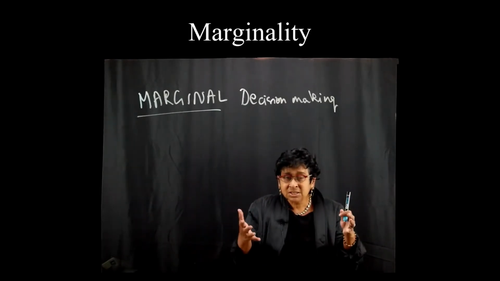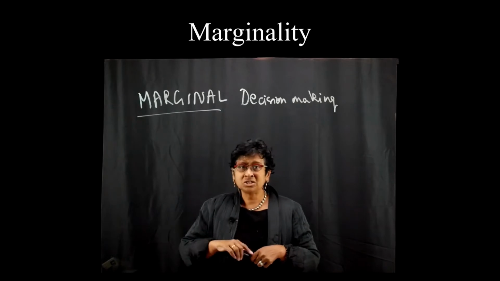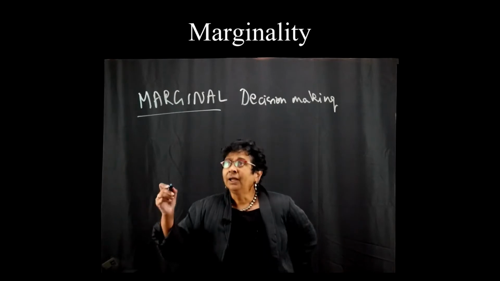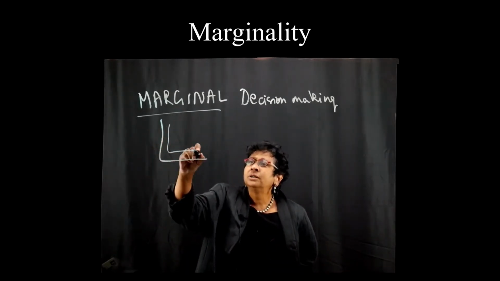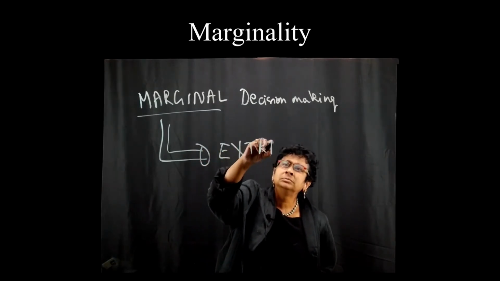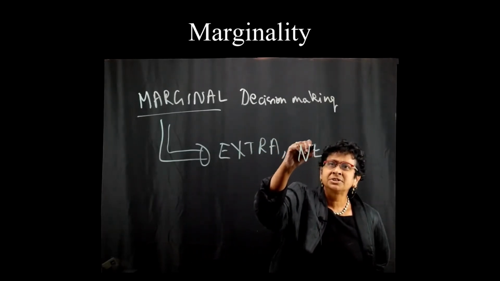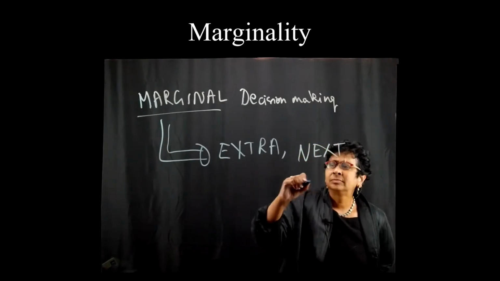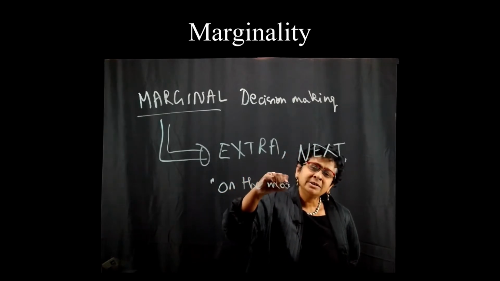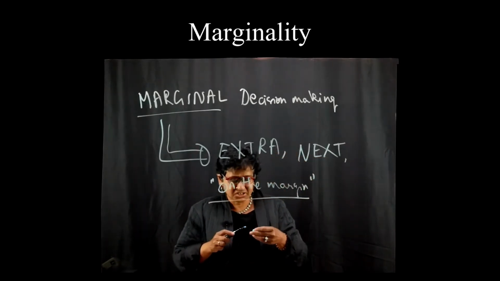So this unit is about what this word means. It's not about whether you can take a derivative, calculate a slope, figure out what the marginal x, y, z is. It's about what does that mean? And what marginal means literally is extra. We had this in a previous lecture, so this is just a reminder. Next, on the margin. And it's an interesting concept, because what it means is that the way I imagine decision making